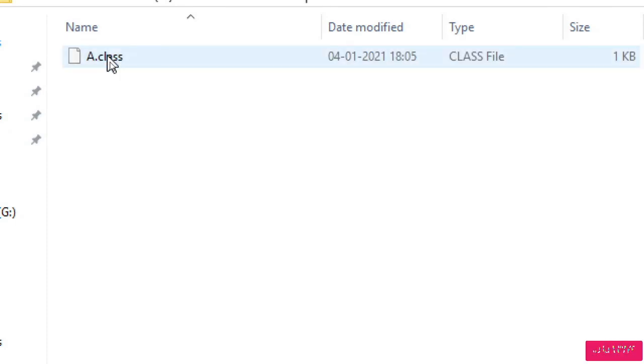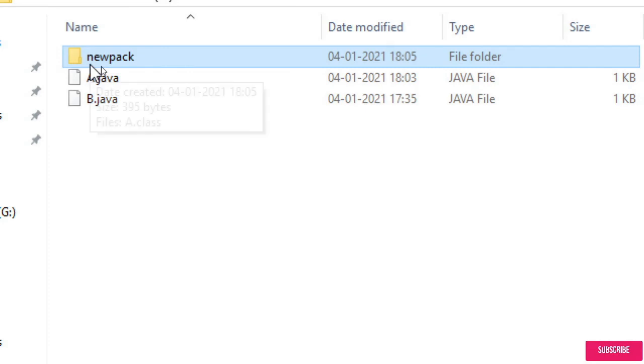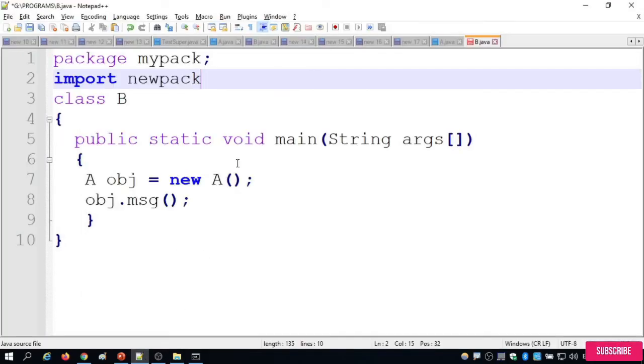I will write it here: import newpack.*. What does star indicate?